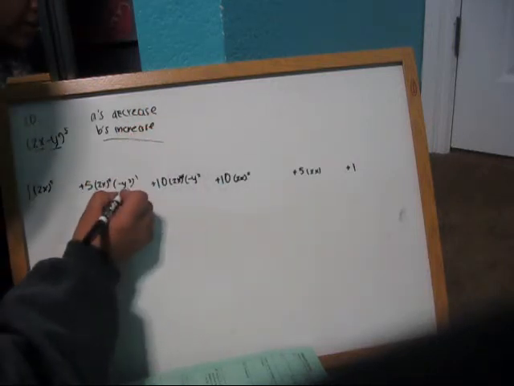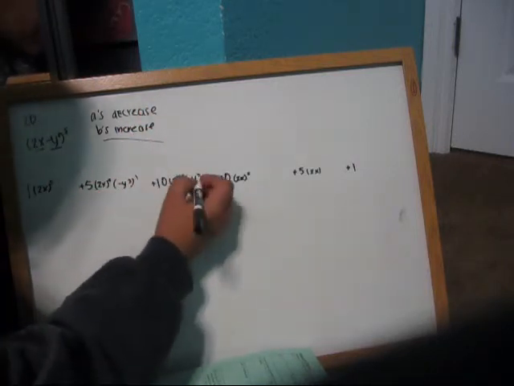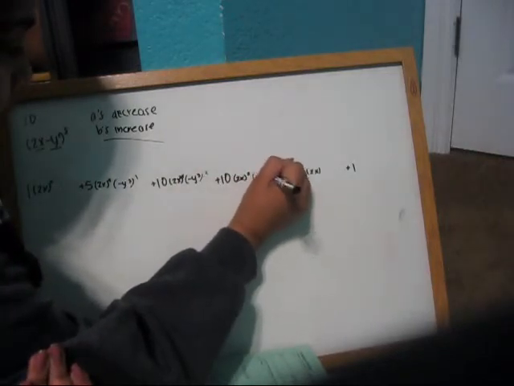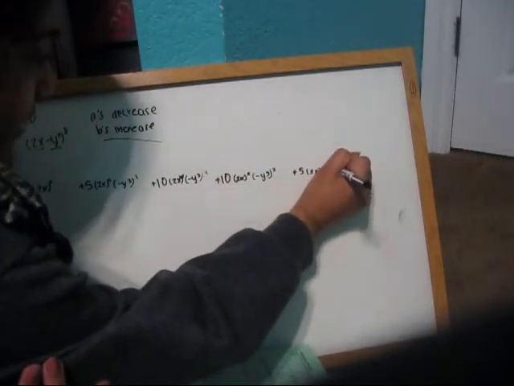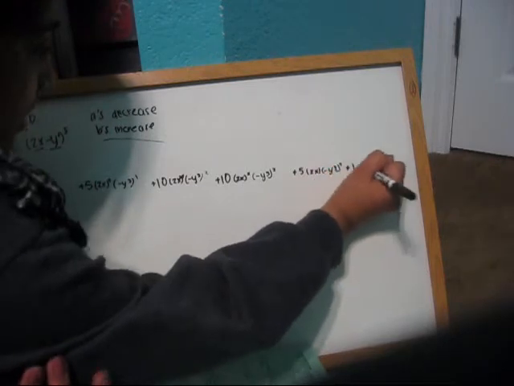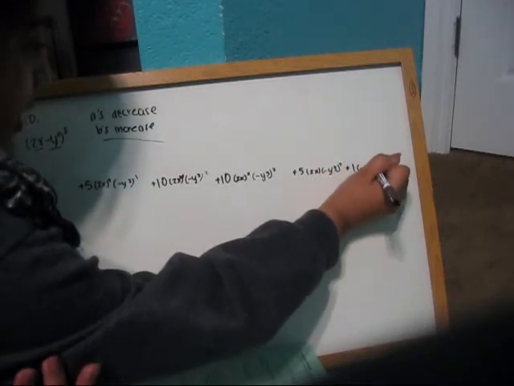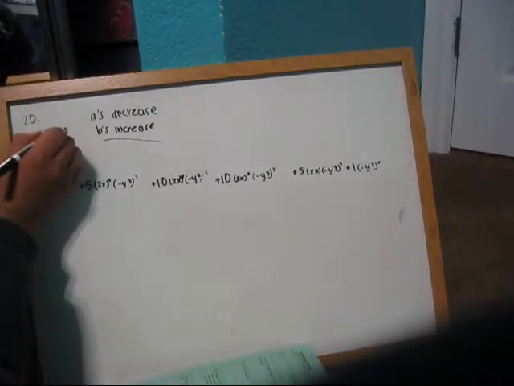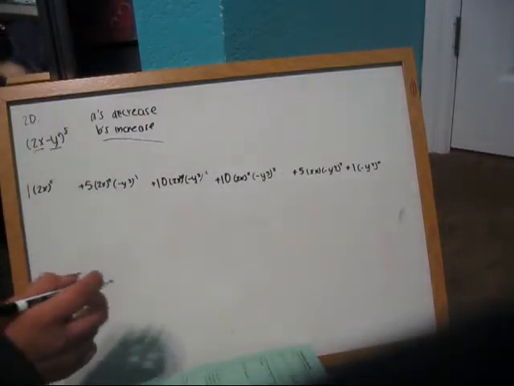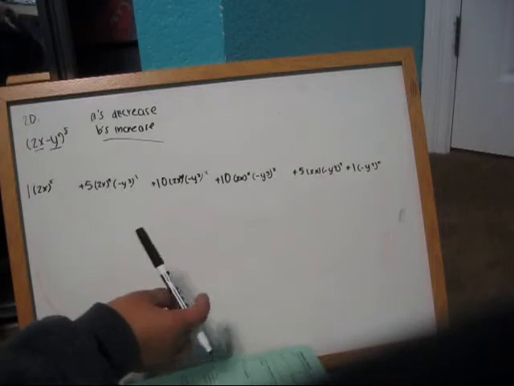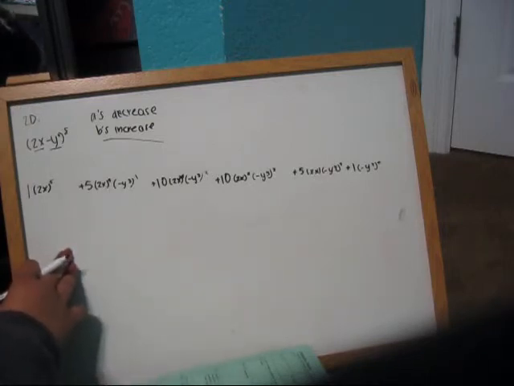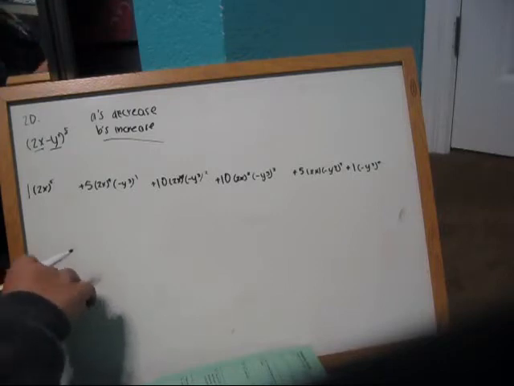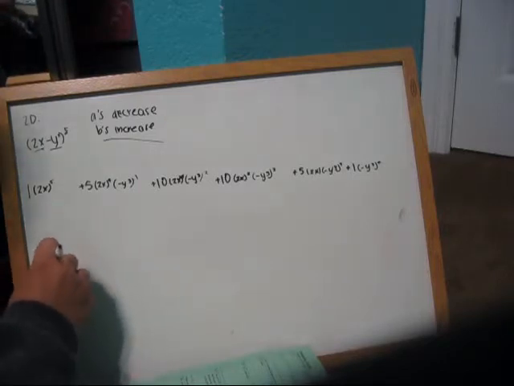Okay, negative y cubed to the first power, negative y cubed to the second power, negative y cubed to the third power, negative y cubed to the fourth power, and negative y cubed to the fifth power, because remember, our ultimate exponent is 5. So now, actually that was today's lesson, that wasn't even the hardest part. The hardest part is making sure that you don't go too fast and skip a step or make a mistake